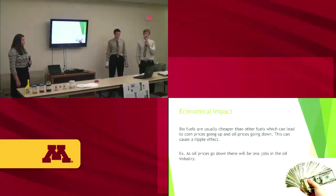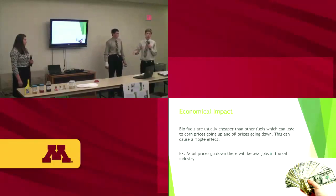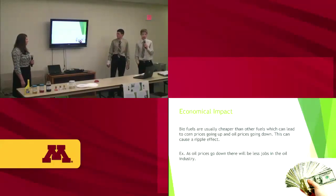Biofuels are usually cheaper, which can lead to corn prices going up and oil prices going down, and this will cause a ripple effect. By that I mean when oil prices go down, there will be way fewer jobs in the oil industry, it could hurt jobs, but then there will be more jobs in